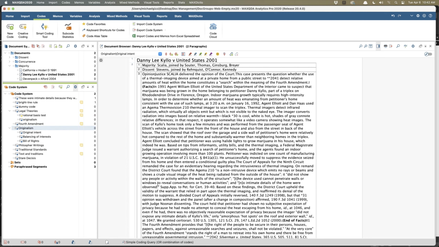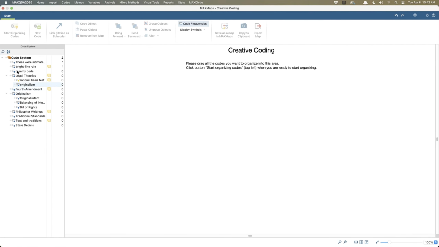Let me show you another way to create codes. Let's create codes visually. The creative coding tool. Now, when I click on this, it's going to bring up this window with the code system here.